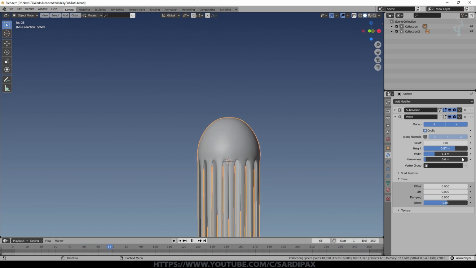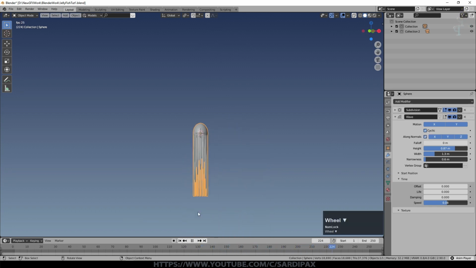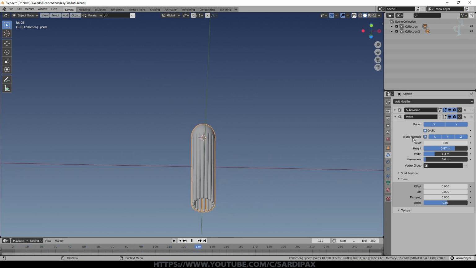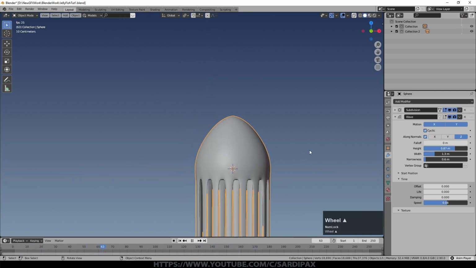Something I experimented with was trying along normals, and occasionally that gave an interesting effect. But you can see the problem with that is it affects rather dramatically the tentacles as well. An interesting effect, but not really what I was looking for. I guess you can turn off Z, but then you're pretty much back to where you started. So I didn't use that in the end.